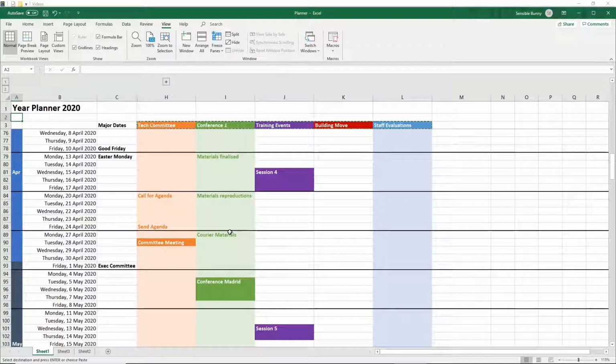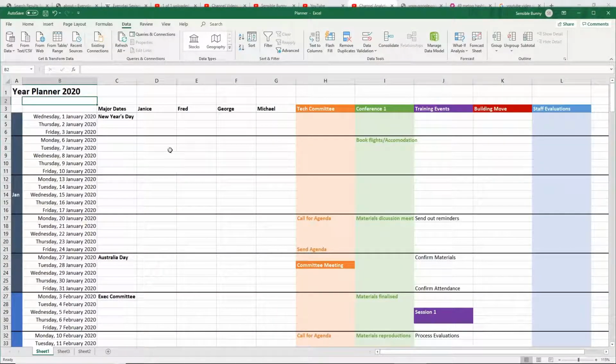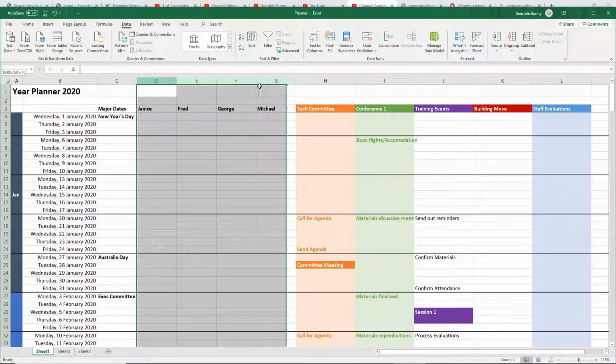In this further example, I've added some more columns, inserted them here, to add specific dates that relate to, say, members of staff in the team. Now, probably don't want those to be visible all the time, so you can just see what the dates are against these major activities. So a useful thing with a planner like this is to block off certain parts of the schedule. We'll select those columns, go into Data,